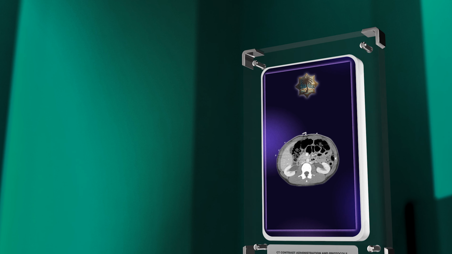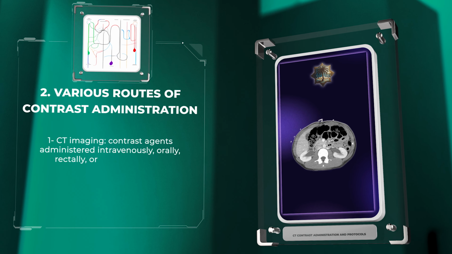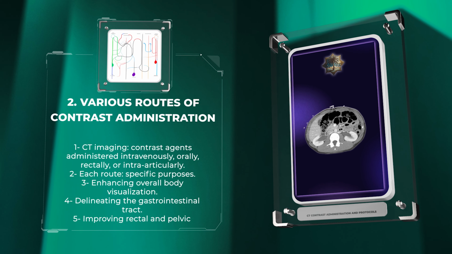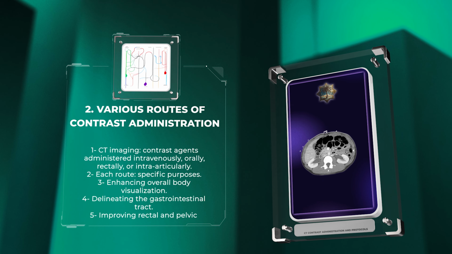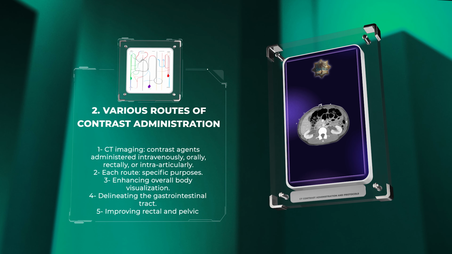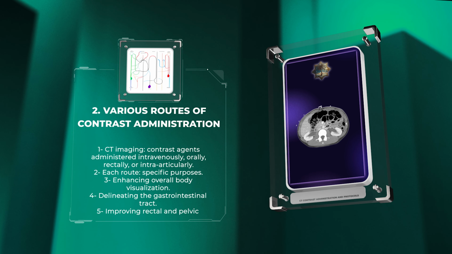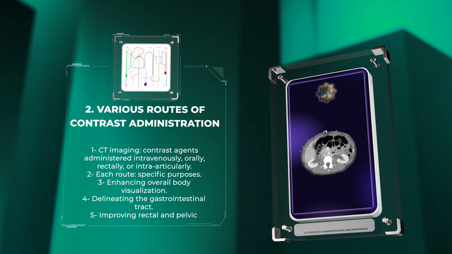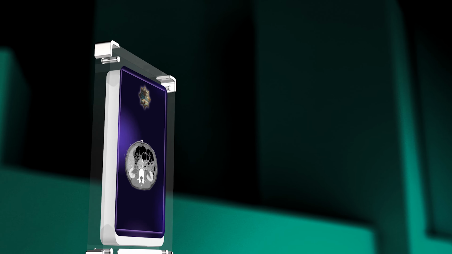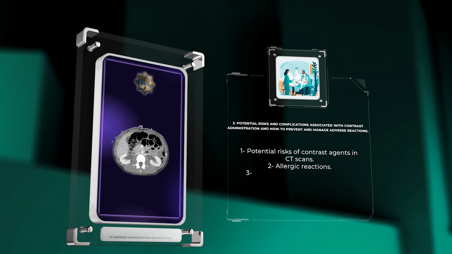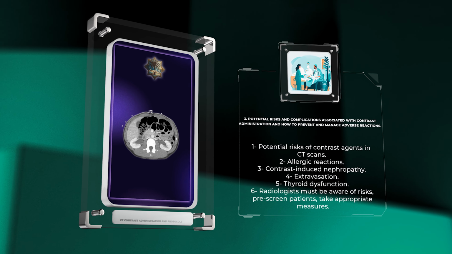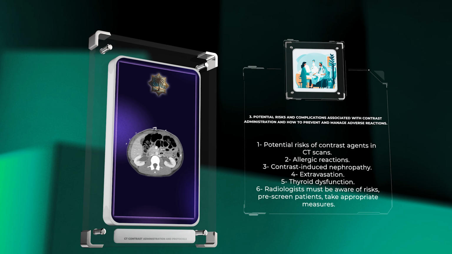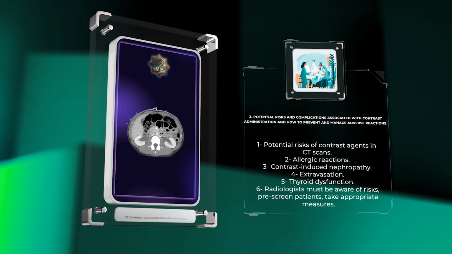In CT imaging, contrast agents can be administered intravenously, orally, rectally, or intra-articularly. Each route has specific purposes, such as enhancing overall body visualization, delineating the gastrointestinal tract, improving rectal and pelvic imaging, and assessing joint structures. Contrast agents used in CT scans can have potential risks, such as allergic reactions, contrast-induced nephropathy, extravasation, and thyroid dysfunction. Radiologists must be aware of these risks, pre-screen patients, and take appropriate measures to prevent and